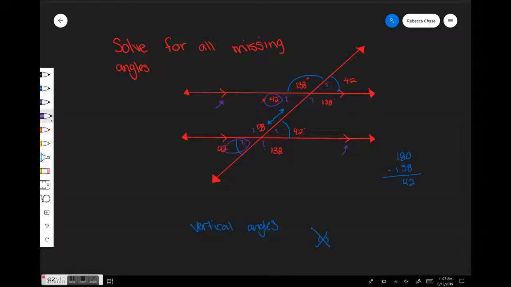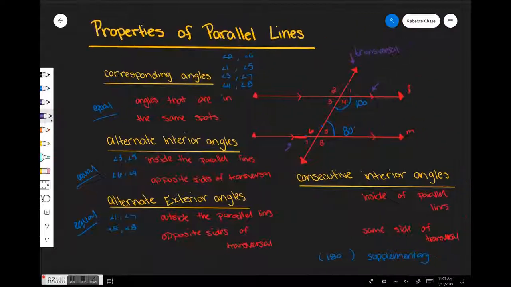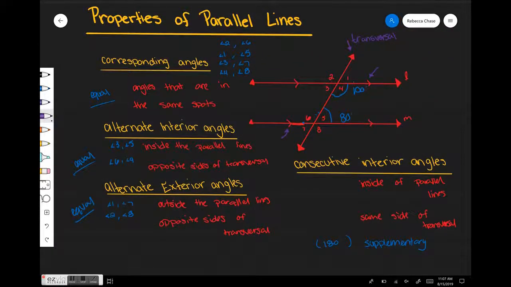Okay, so again, when you come into class tomorrow, make sure you have these definitions, these 4 definitions up here. So the 4 I'm starring, those 4 definitions are going to be super important and super helpful for you when you start out the practice problems. Eventually you'll get to the point where it'll become second nature and you'll see the question and you'll know what to do and you won't need them. But the first few problems, it's going to be really good for you to have that piece of paper next to you, have the definitions, and be able to go, okay, I've got this and I know they're equal. I've got this and I know they're supplementary.